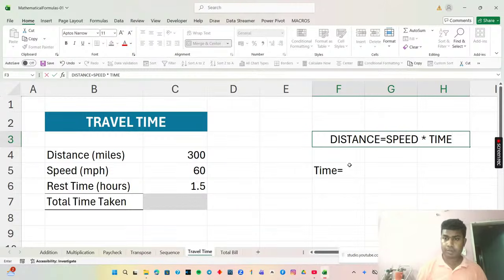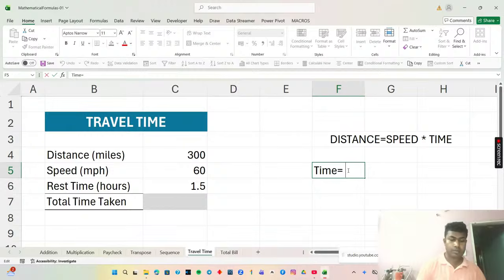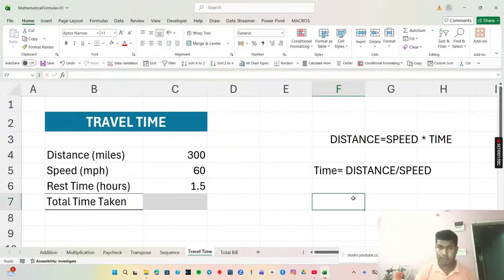Therefore, time is equal to distance by speed. Distance divided by, what is the divide sign? Distance divided by speed. So we have to find the total time taken here, but in order to find the total time